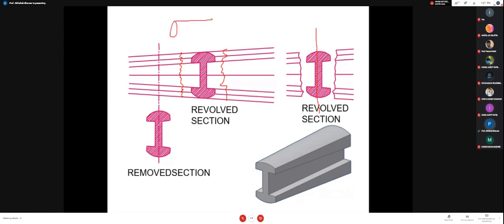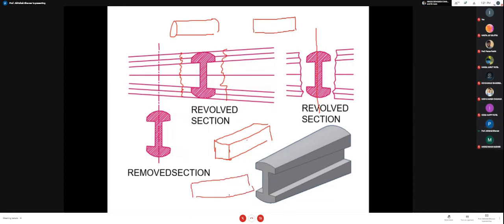So simple. See, you are having some cylindrical portion. Suppose if I want to draw its front view, how is it looking? It is looking like this. Say if I am having such a figure, having the same height, equal to the diameter of that figure. If I want to draw its front view, how is it looking? Its front view is looking like this. This is the front view of this rectangular log, and this is the front view of this cylindrical bar.